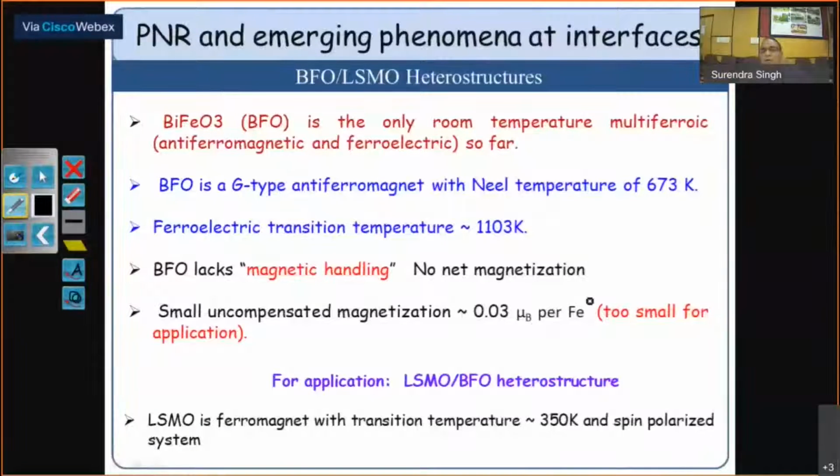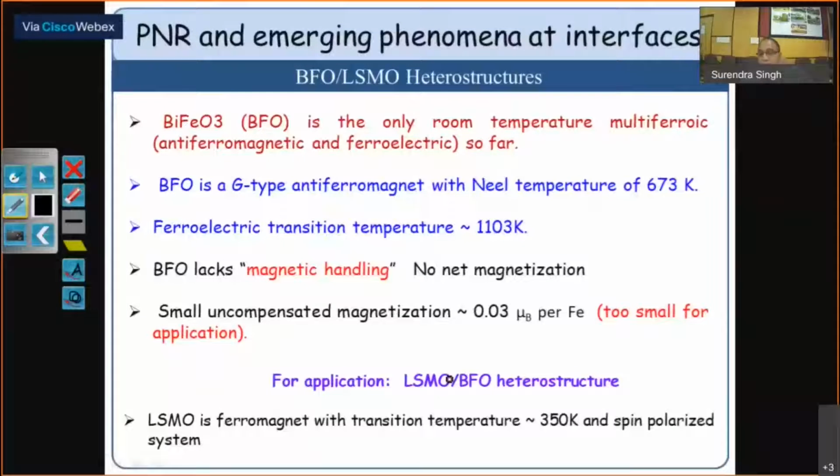It is two orders down from the magnetization of iron metal, so it is too small for any applications. So people thought: if BFO doesn't have a ferromagnetic component and we want to talk about the multiferroic effect, magneto-electric coupling, then we should have some ferromagnetism in these systems, which we can couple with the ferroelectric property of this element. Then people thought of making this kind of heterostructure where you make a